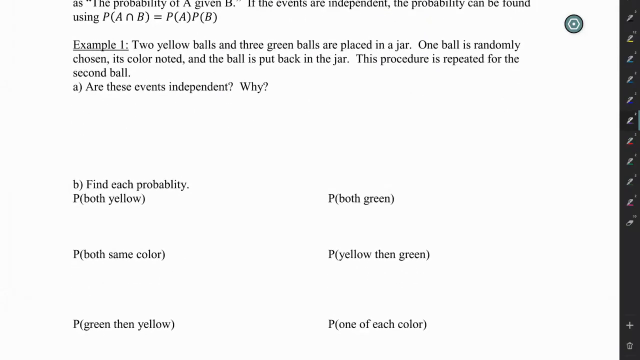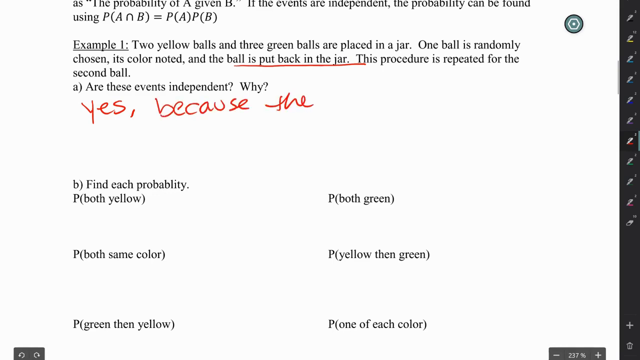2 yellow balls and 3 green balls are placed in a jar. One ball is randomly chosen, its color noted, and the ball is put back in the jar. This procedure is repeated for the second ball. Are these events independent? Why? As you think about this, the important thing is the ball is put back in the jar. So since the ball is put back in the jar, they are independent. So yes, because the ball is replaced